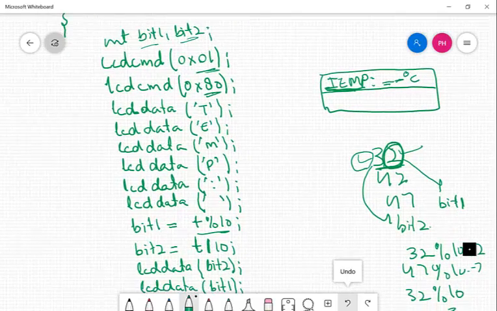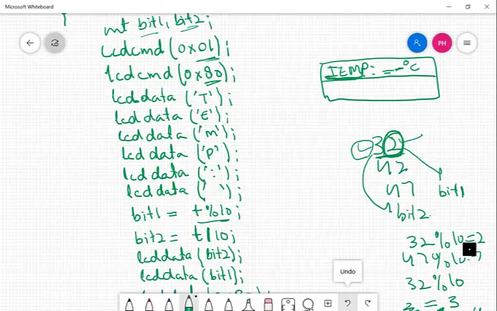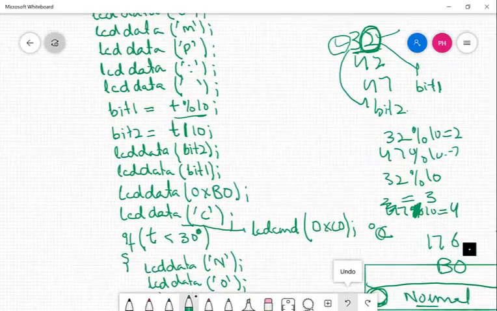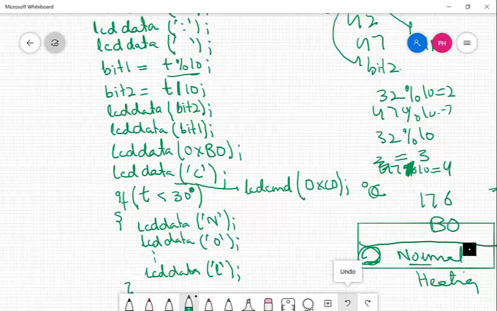Then I am writing temp, temperature colon and equal to. Then I have to display the actual temperature, but that temperature is in integer, so I had to take the individual characters out of it, character at units place and character at tens place, that I do using modulus and divide operator. And after that I display those two characters on my LCD with a degree sign and C,